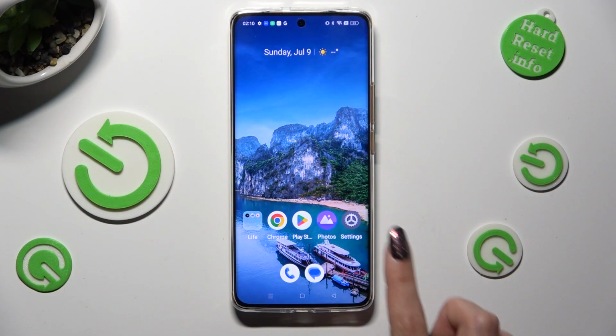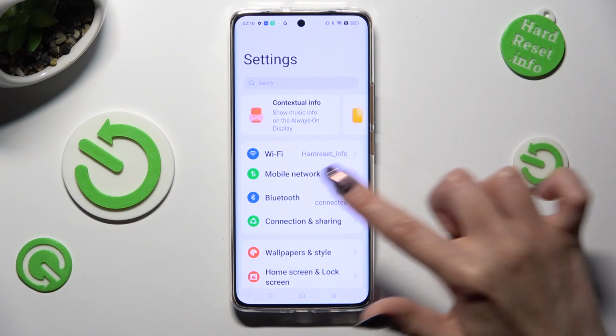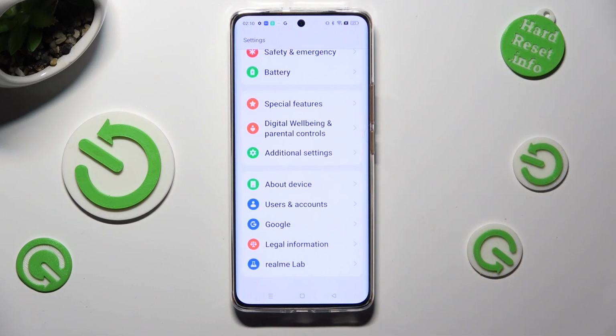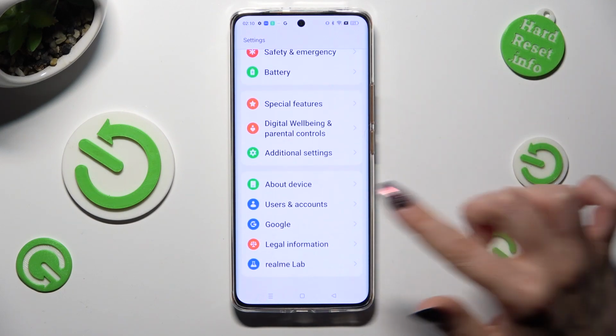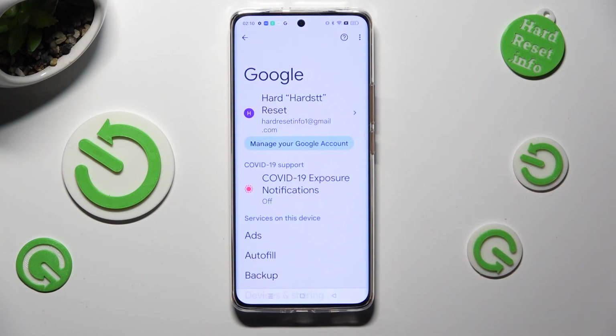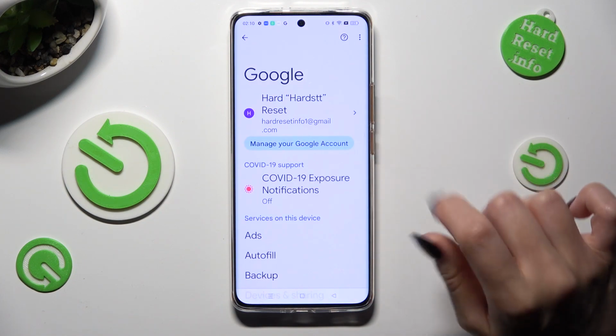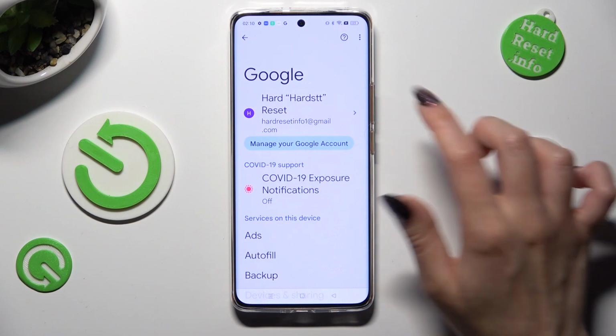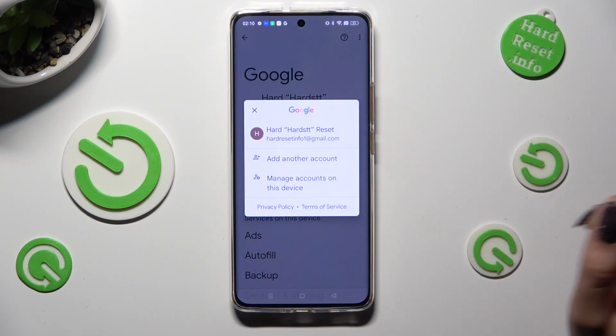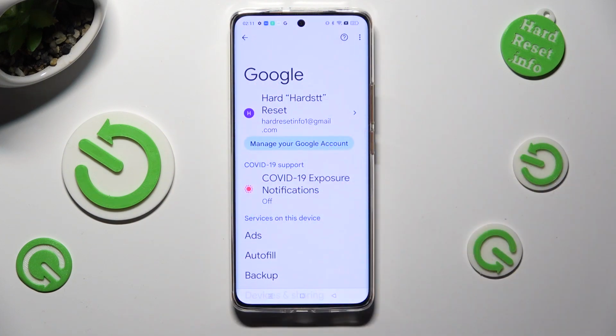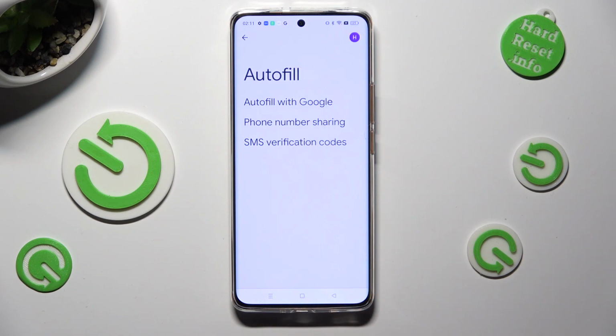First of all, go into Settings and scroll all the way down to access the Google section. Now you can tap on your Google account if you have more than one and select the one that you wish to use. When you're ready, tap on Autofill, then Autofill with Google